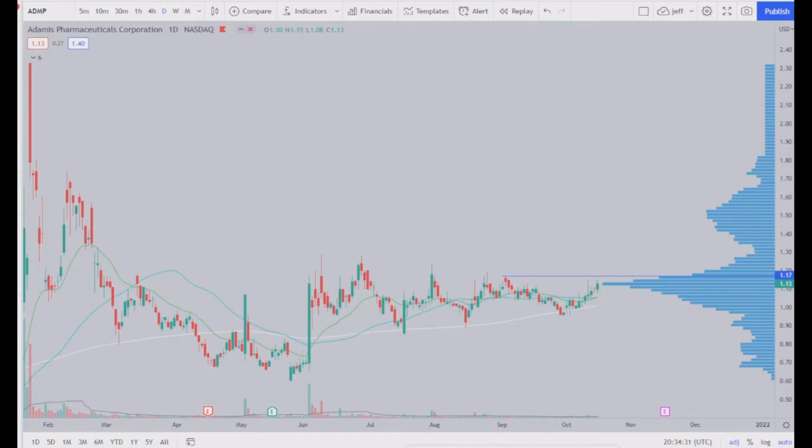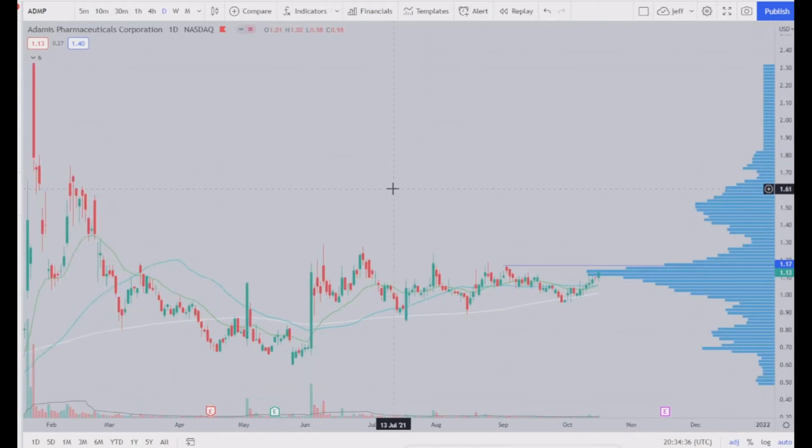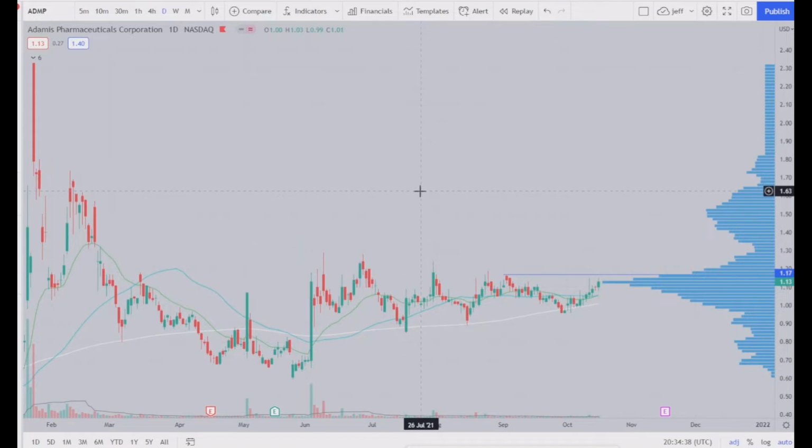It's Adamas Pharmaceuticals. So right here's the daily chart. I like using the MAs or EMAs for these smaller cap charts, but it's been pretty much riding the 200 for a few months now, and it's getting really tight. So if we zoom in on the monthly view,